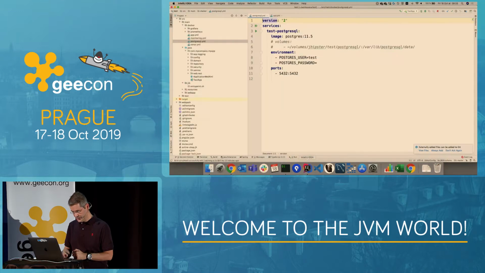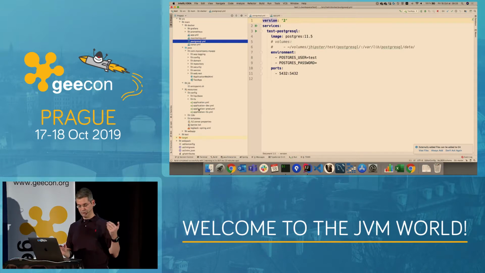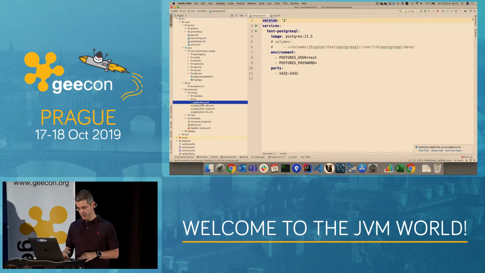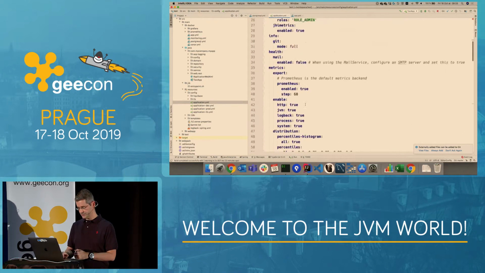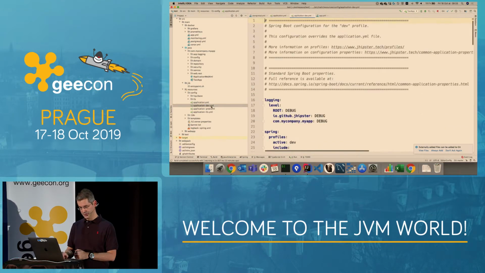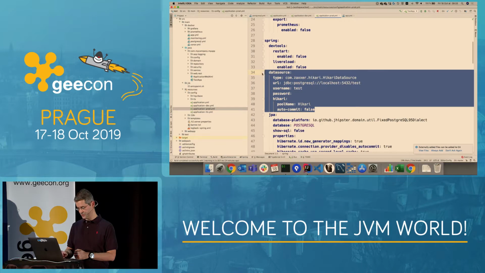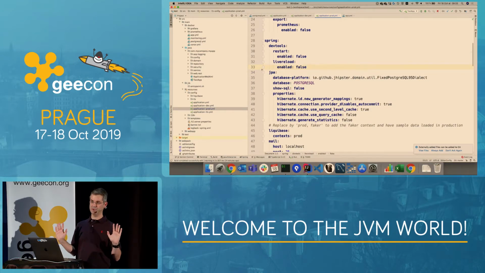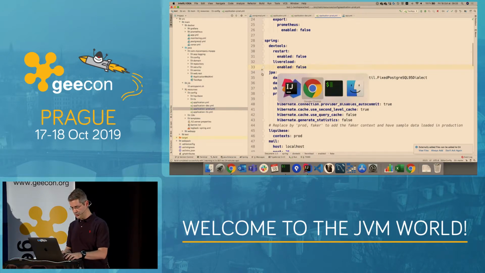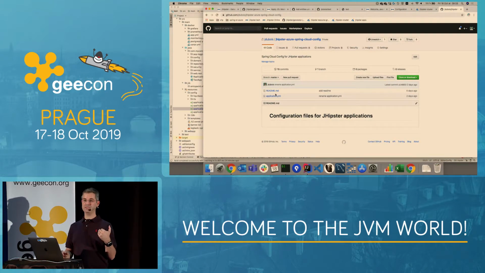So by the way, if I go back to JHipster here, if I go to config, we've got some Spring Boot configuration files, so the usual YAML files. This is the main one, of course. And I've got one for development and one for production. So just to show you that I'm totally confident it will be working, I'm deleting my data source. So here in production, I've got no data source configured anymore. It's going to be configured here by my configuration server. So if I've got a database working at the end, it means that everything worked.